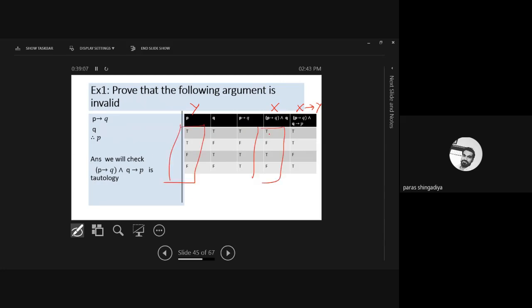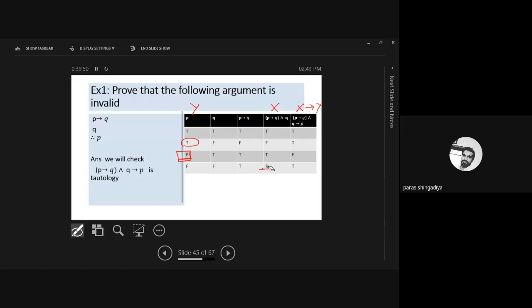Okay? So first row पे दोनों T है, तो as per the conditional operator it will be T. Second row that is F conditional to the T. F T पे implement हो रहा है. So it is a T here. In the third row T implement to the F. Okay? T जो है F पे implement हो रहा है. So as per the rule of conditional operator, it will be false. Okay? In the third row output will be false. Clear? T है, वहां पे F है. सेकंड रो पे क्या है, उससे उल्टा था, यहाँ पे F है, वहां पे T है, उस केस में T आएगा, and this third case it will be false. Okay, and last row that is both are F, so it will be a T.